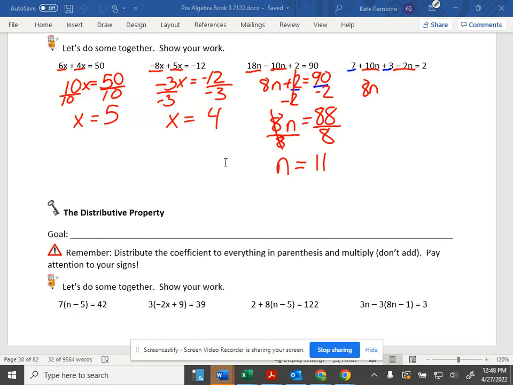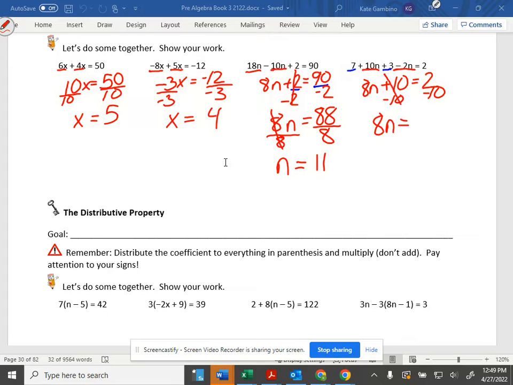And then I have another set of like terms. I have my two constants. 7 plus 3 is what? 10. Plus 10 equals 2. So I combine those like terms because they're on the same side of the equal sign. Then what, Amelia? You subtract 10. I'm going to subtract 10 from both sides because I have plus 10. So that gives us our 8n